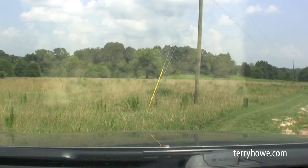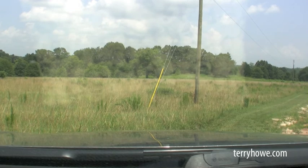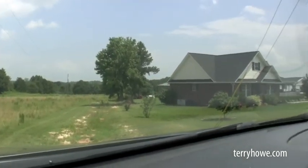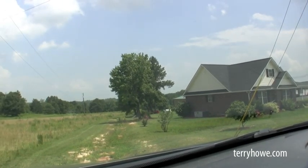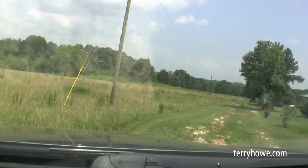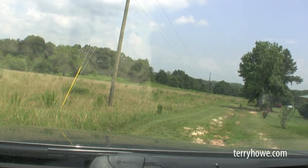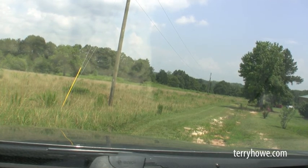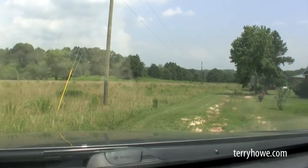Okay, I'm looking right at the property, and in my hand I have my tax map and my plat. If you'll notice, there's a house here to our right, and you can see it in the aerial photo. It's a real nice house. So we're gonna go down the driveway, and this is where I can tell you,